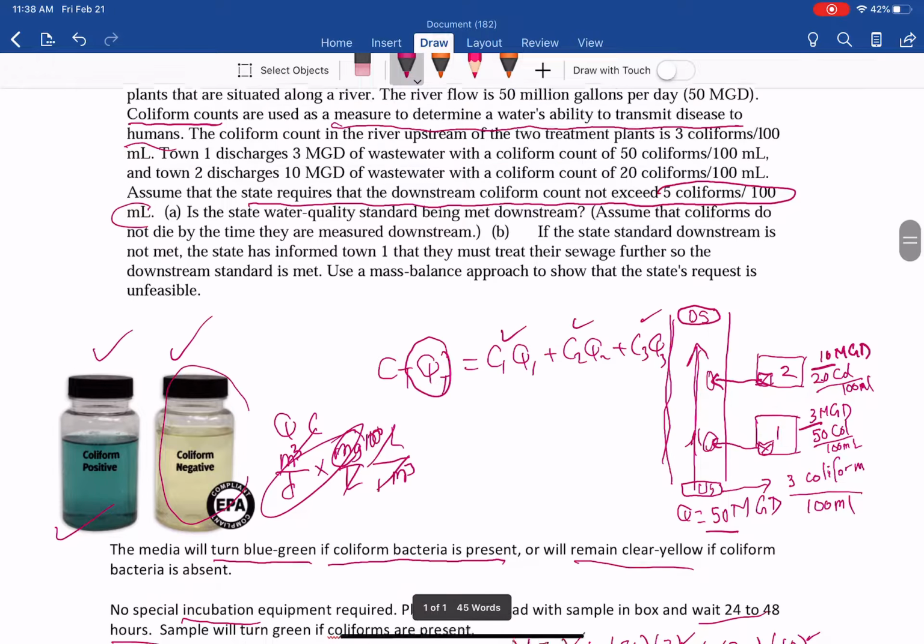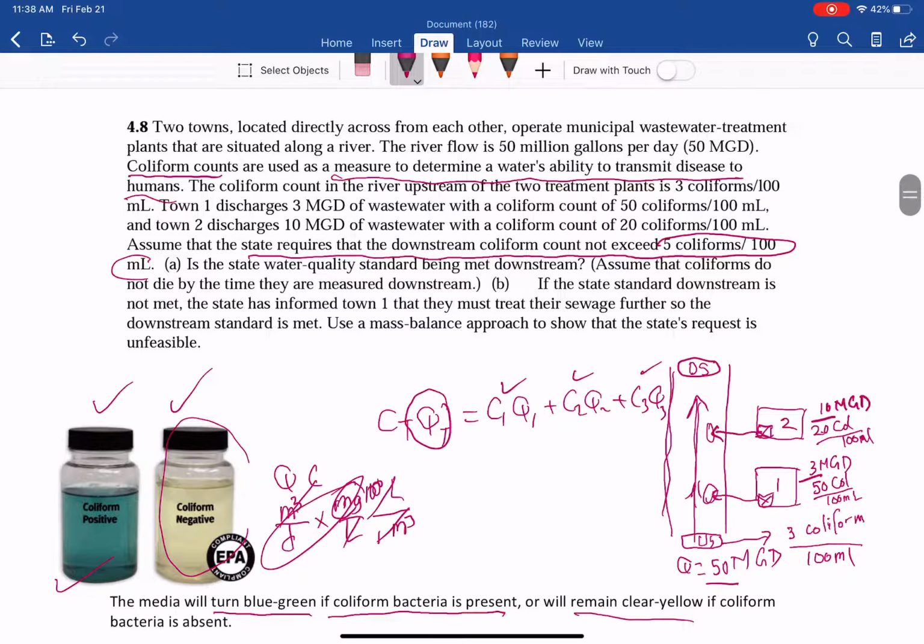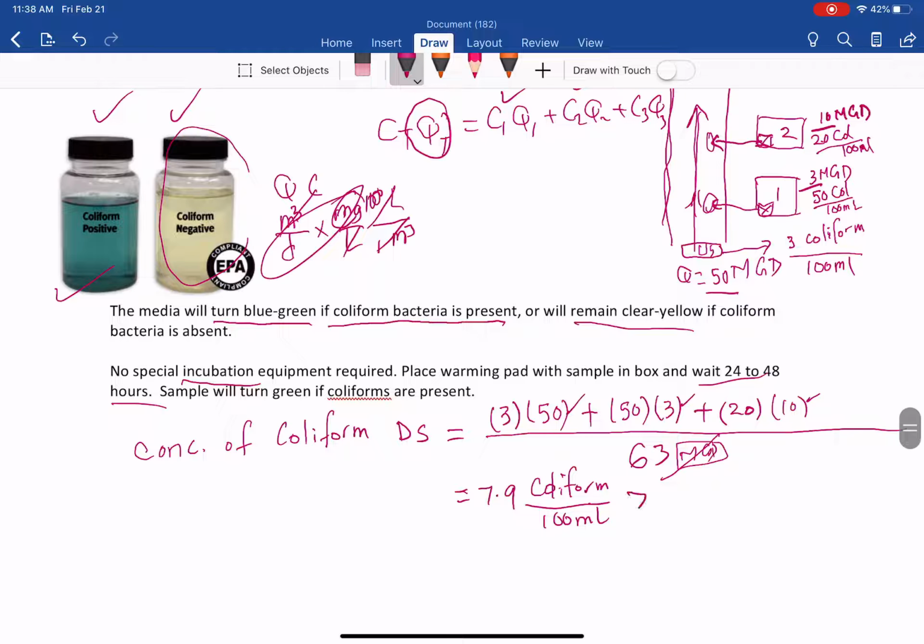Well, let's look at the standard. The standard said if it's exceeding 5 coliform per 100 ml, it is a violation. This is higher than 5, which is the standard of the state. So the state water quality is not being met downstream. So there's a violation, and the state